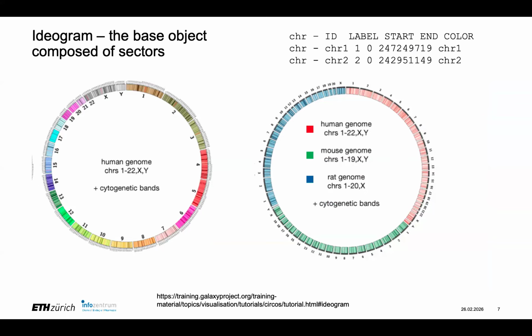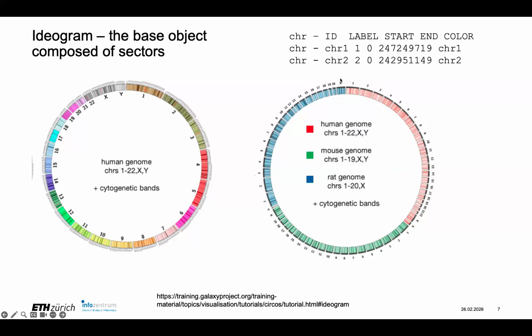Okay, so when you make a Circos plot, you start with an ideogram. This is the base object, and it's composed of sectors. So if we have the human genome, we have one sector for each pair of chromosomes, and then you have the X and Y chromosomes. I can do this and plot data from the human genome on top of it, or I can take 3 genomes, human, mouse, and rat, and put all of their chromosomes and then look at connections between them. As I said,